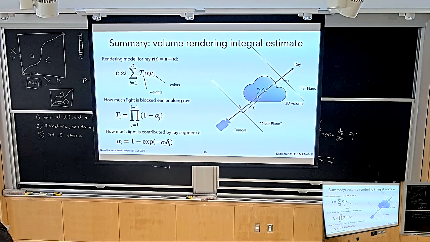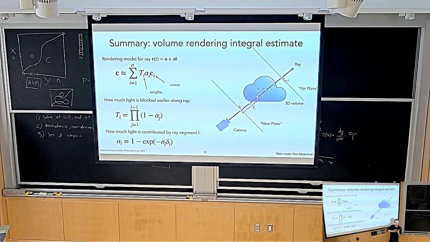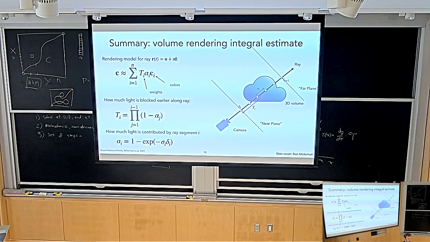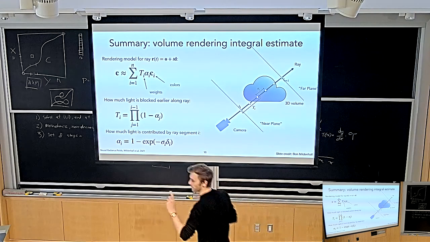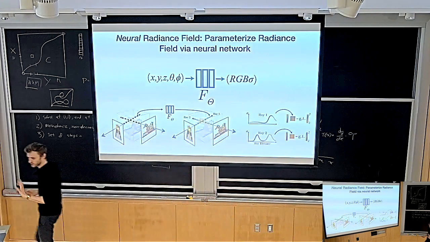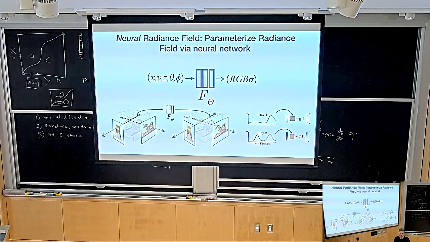And because of this weighted sum, if you initialize this correctly and in the beginning everything is kind of semi-transparent, every point along the ray is actually contributing to the color of the final ray. So the derivative with respect to any point along the ray is usually not 0, and that allows for a nice optimization. Does that make sense? Cool. I'm going into detail here because now we're going to change some of these things, and it's important to understand.